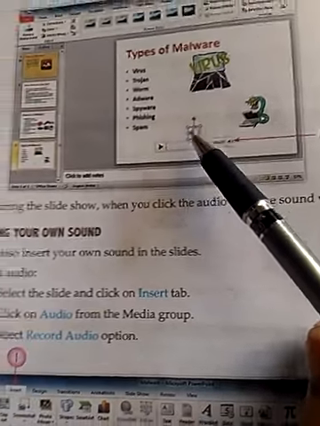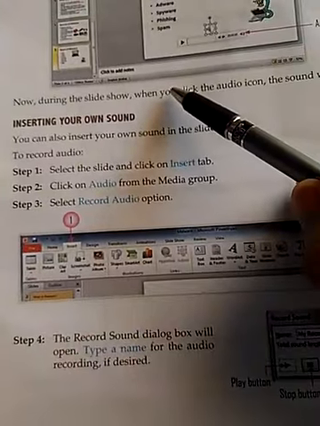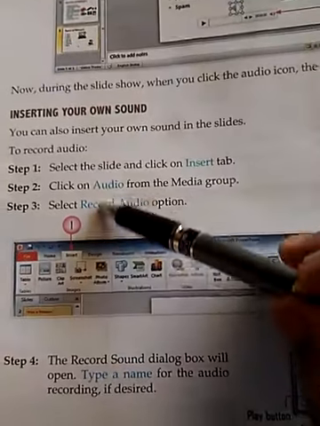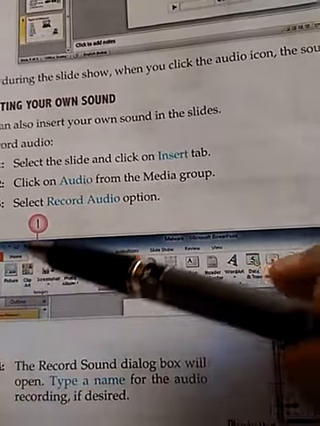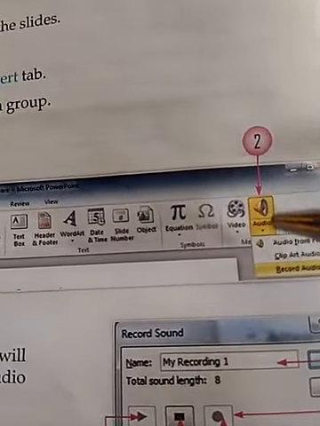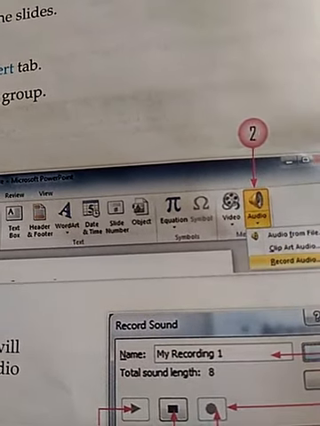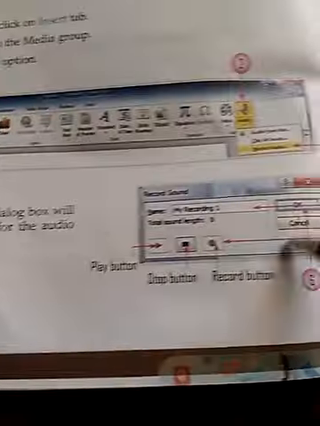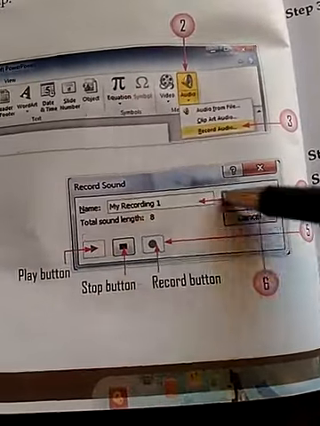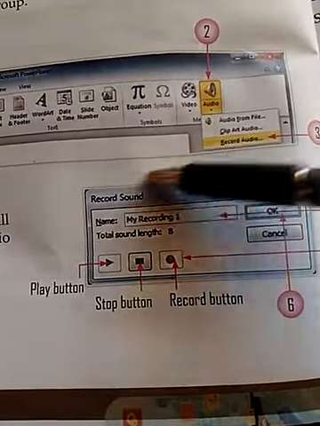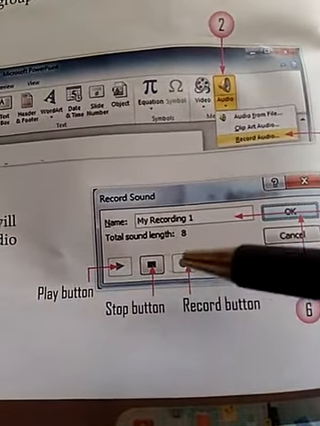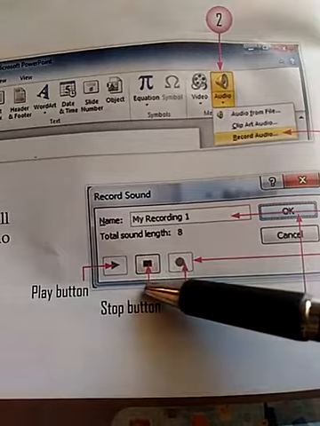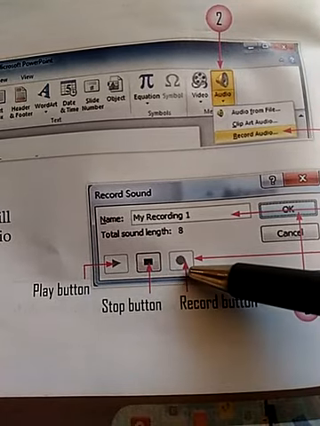Now second option, if you want to insert your own audio, then again click on the insert tab. After the insert tab, go to the audio button. On the audio button, go to record audio. After this a dialog box will appear in which you can record your own sound. It has play, stop, record buttons.